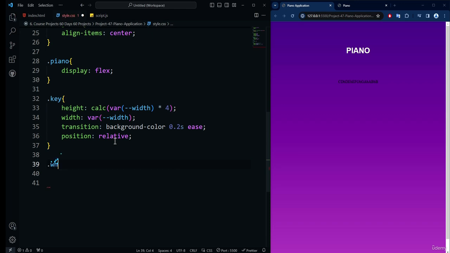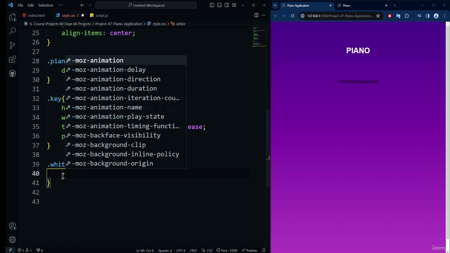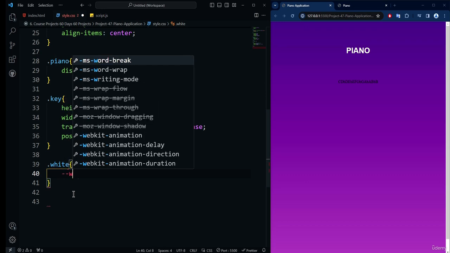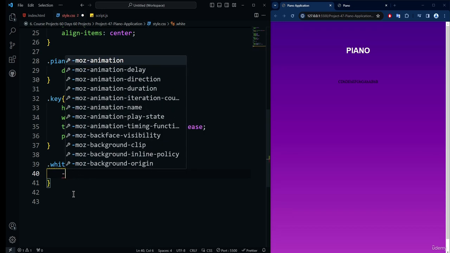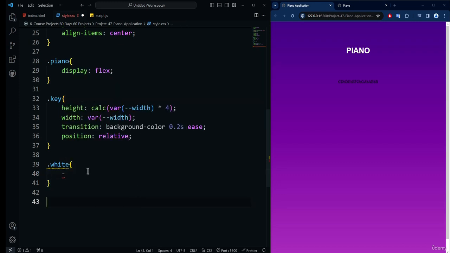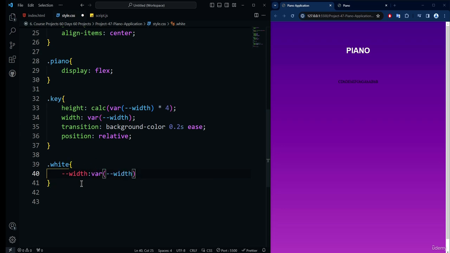And after that, it's time to apply the code for the white key. So inside of the white, because we have the class key and then we have the white key, so now we are targeting the white class. Here first I'm going to specify the width. So again I will be using the CSS variables technique. So why is it giving the error? I have used a semicolon here, yes. So width, then colon, and here I will be using the width, and instead of using this one, I will be using the 100 pixel. Okay, so if I do that, then you can see now the width is applied to the white keys,